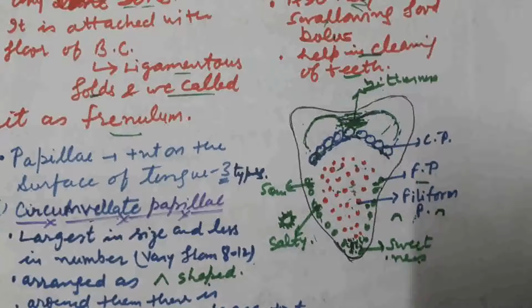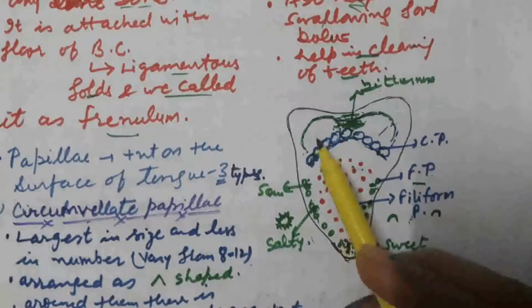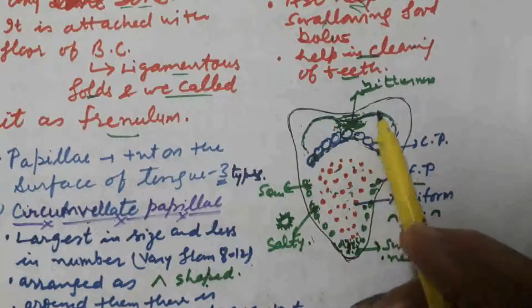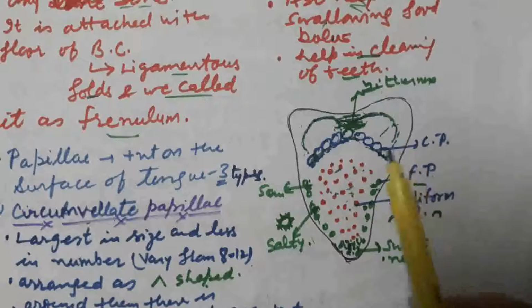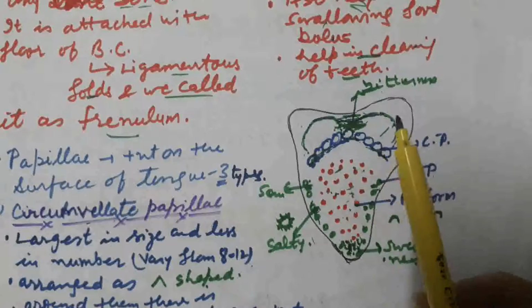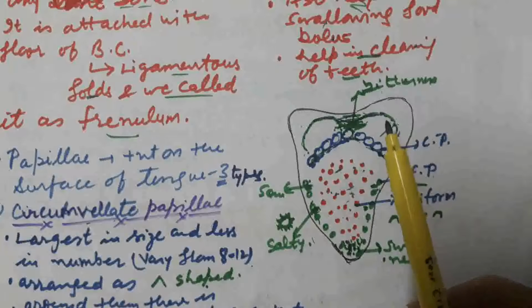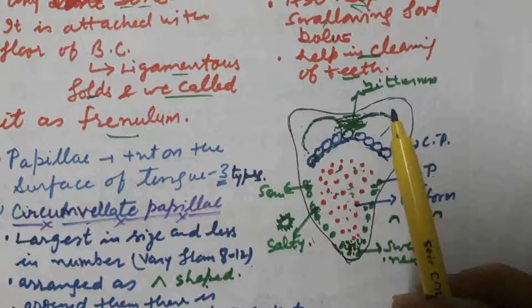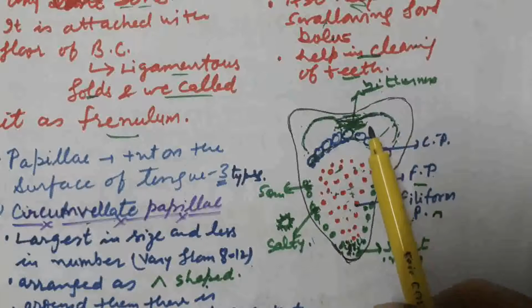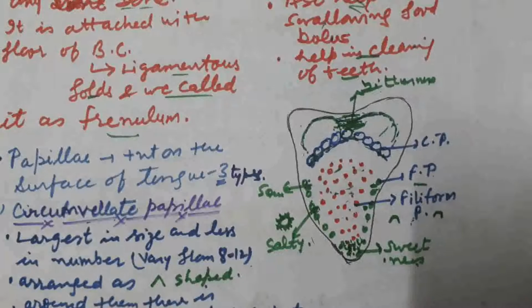A little about lingual tonsils. They are located on the posterior surface of the tongue, which also places them near the opening of the oral cavity into the pharynx. They help to prevent infection. They consist of B and T lymphocyte cells. They get activated at the time of infection when bacteria or any virus come in contact with the tonsils, and help us to prevent any kind of infection.